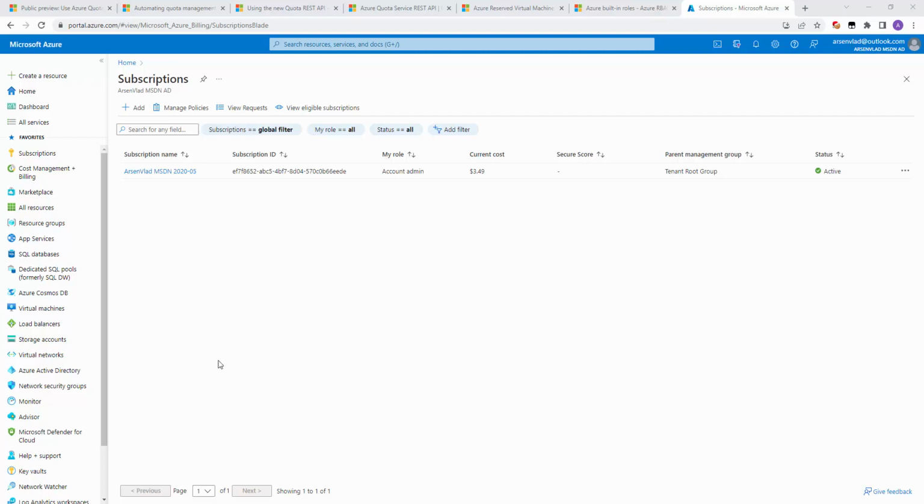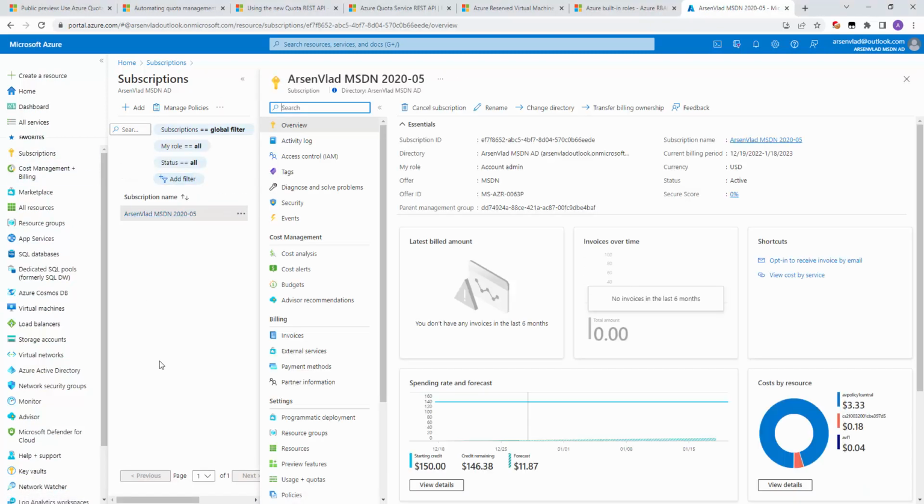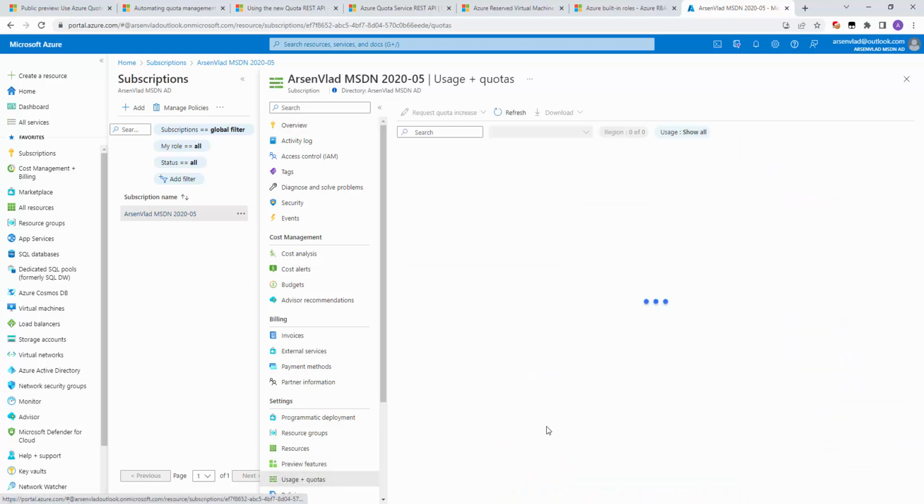In this video, we'll look at how to use Quota Management API to see the current quota and to request increases in quota for certain resource types in Azure. So if we look at the portal under subscriptions, and then we look at a given subscription, under usage and quotas in the portal, we can see this screen